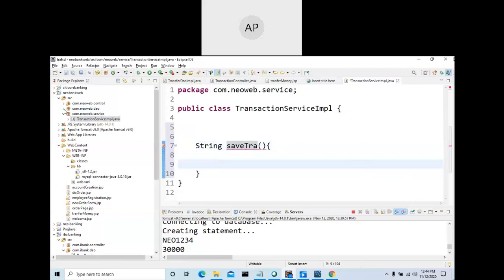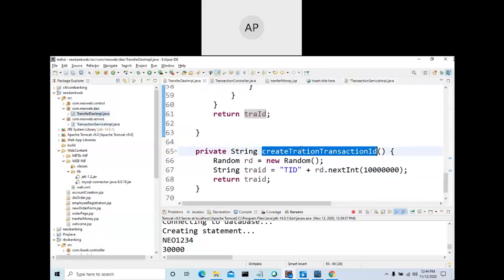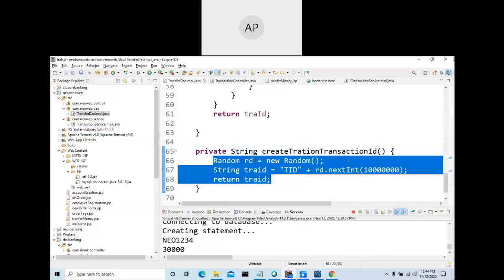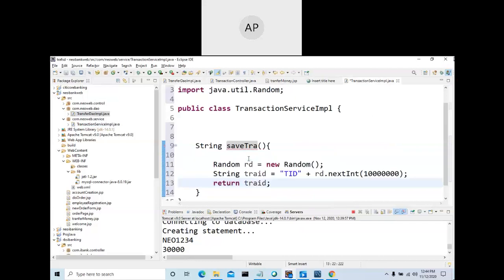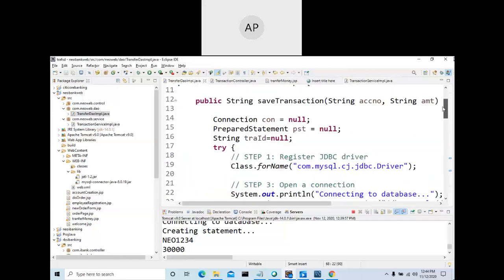Okay, so now here you are going to return a String. You can write the logic here rather than writing it there. Anyway, you wrote this logic there, but if you want, you can write this logic here also. Control C, Control V, Control S. Okay, the return type is the one we are returning.